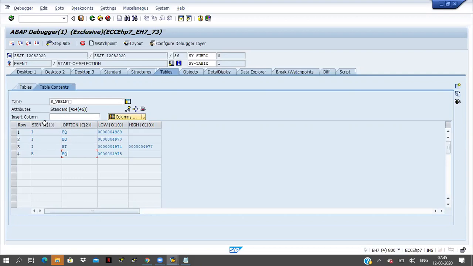Sign means include or exclude we have to take: include I and exclude E. And coming to the option, you can see here equal to and between. Equal to means this is the single value, and between means some ranges are coming here.